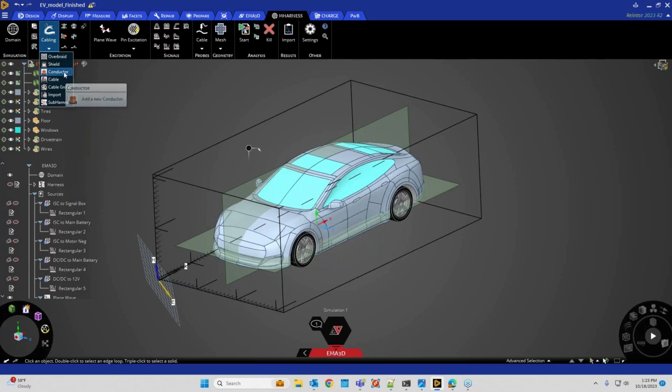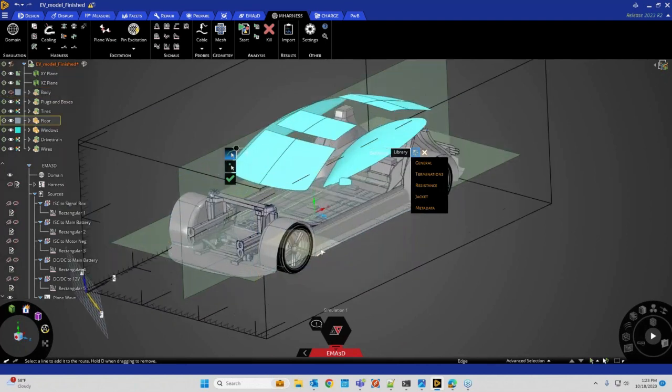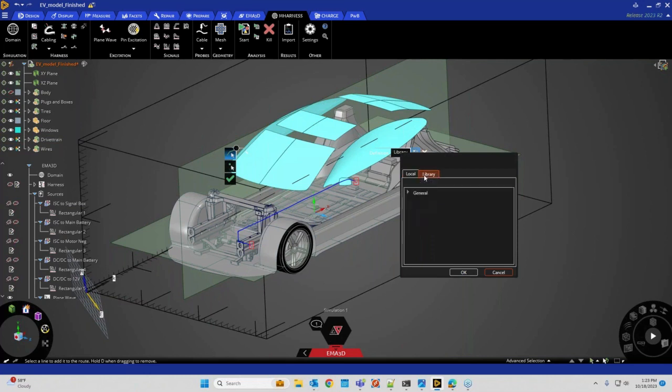And so let's just say we want to assign a conductor to something. I'm going to go ahead and hide the body of the car so we can see inside. And we would just select a line inside. Some of these are already set up. And then in our library over here, we actually have a bunch of different wires already populated for you with their cable properties